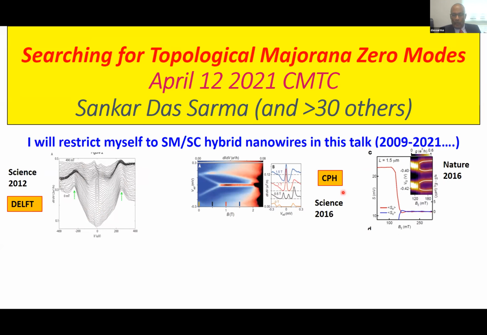If you don't know what Copenhagen is, this is one of the two groups in Copenhagen. The second group is represented in this series. This is Charlie Marcus's group. So here the claim is that they have seen the exponential protection. This is not an experiment I'm going to discuss in detail because that's going to take a very long time. But the claim is that over here, this splitting, when they do it for different wires of different length, they